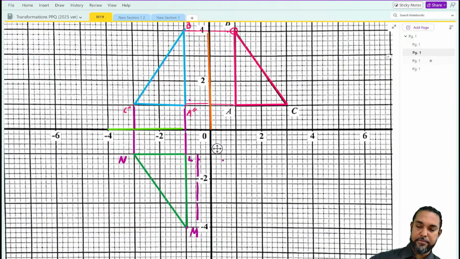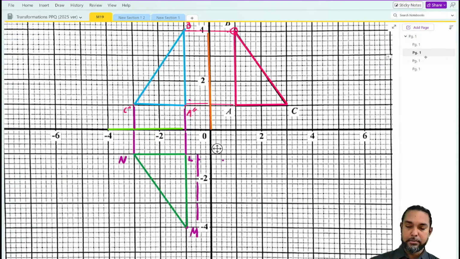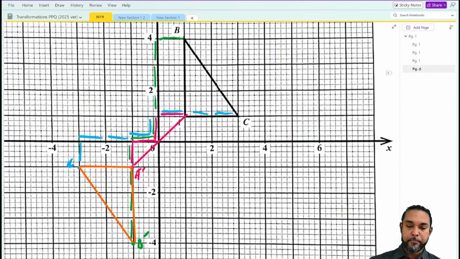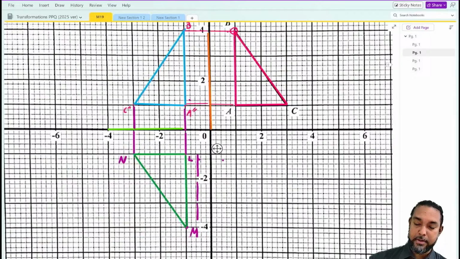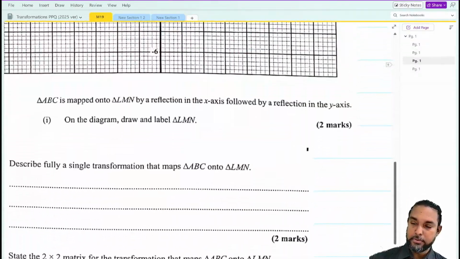Does that look like what we have here in the green? Yeah, it does. Oh, no? Was it a no? Yeah. Yeah, right. So that is a reflection in a point, right? Again, I have to double check to see whether that's still on the syllabus because I don't think it is, but it is something that can be done, right? But so when they said in the last piece down here to, wait, where did I already answer? I guess in the first one?